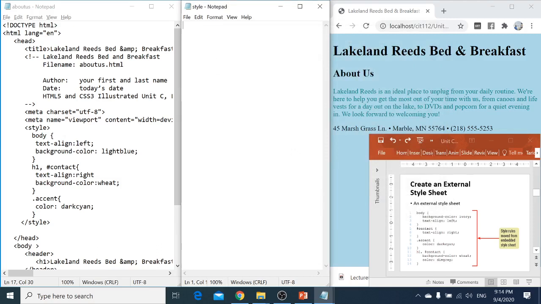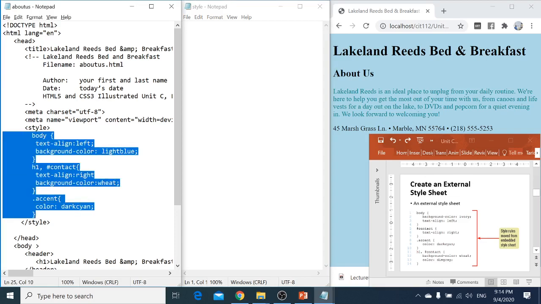So let's see what we have in this one. All this style we don't want here. What we want is to have it in the style sheet. So let's type it in. I'll be just typing the same as before, and in this one I'll be having text align, and this is my left, and then I will be having another one, background color. This is my light blue. Why not ivory, I can change the color, and then I can say okay, this is closed, and